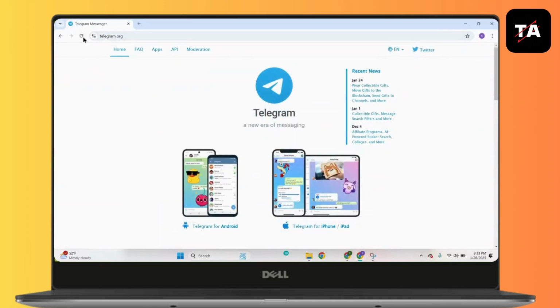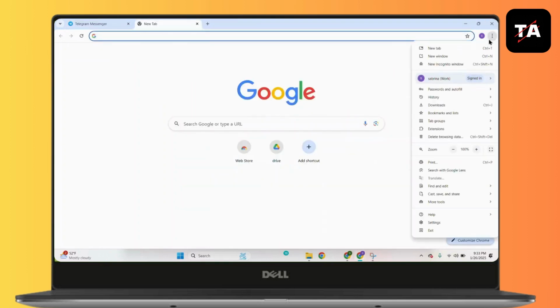So sometimes simply refreshing the web will also fix the problem. If it does not fix the problem, simply log out of Telegram and then log back in. After that, tap on this three dot and then simply remove or delete the cookies from your